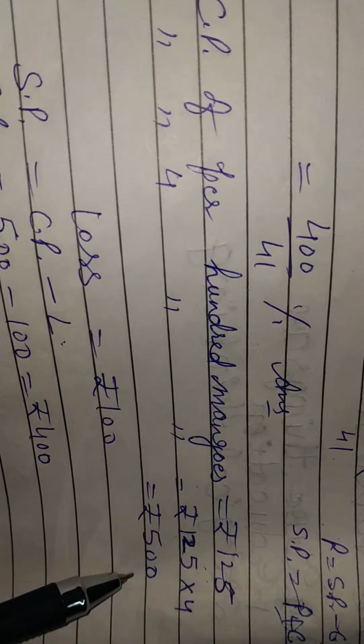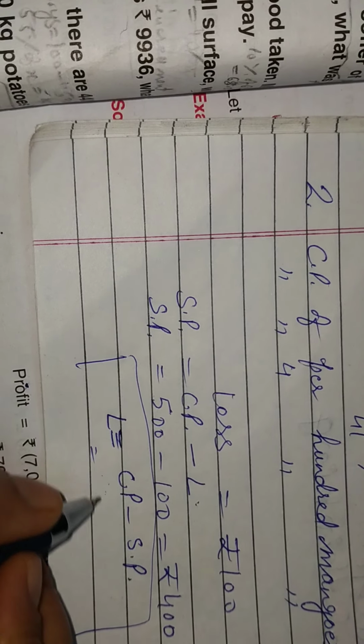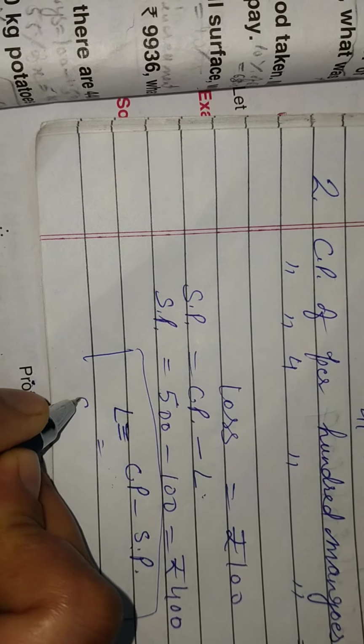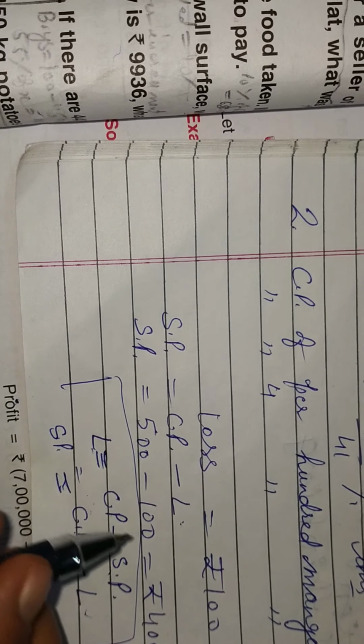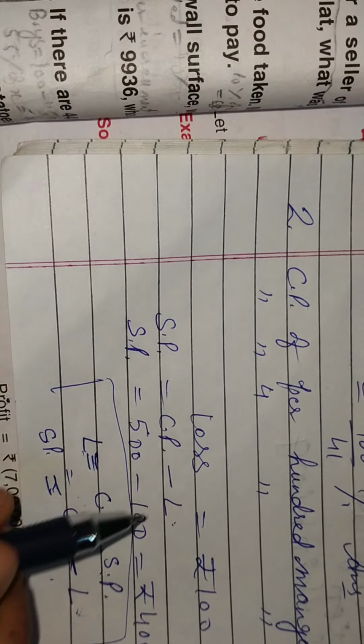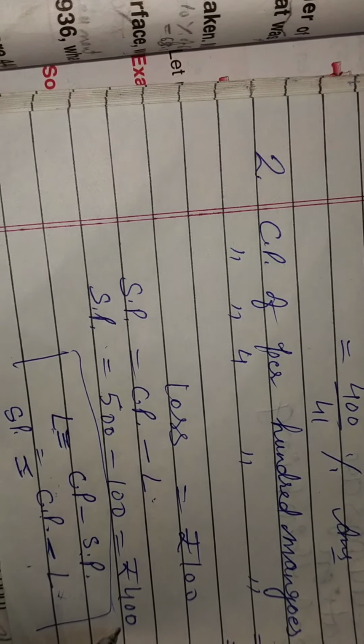Selling price, I already told that by using this formula, loss is equal to CP minus SP. You will not write this part, you will write it down in rough. This is given. Here you want to find selling price, so you will transpose this SP this side and CP this side. It is already here, and loss you will transpose here. In this way you can make the formula to find selling price.